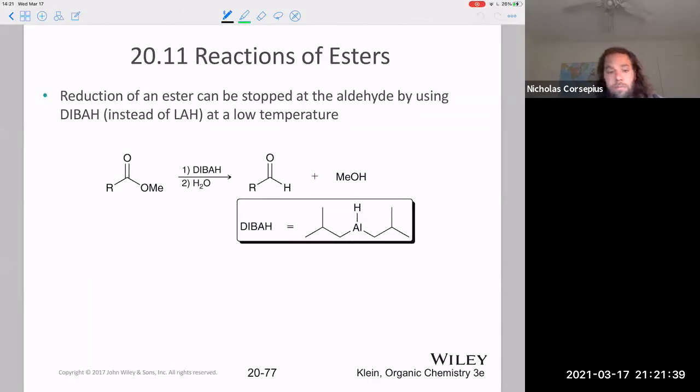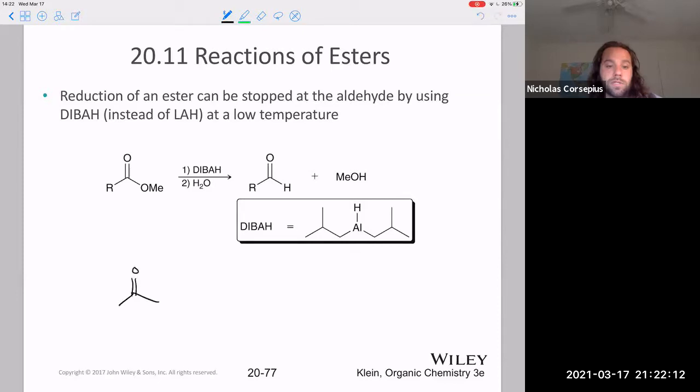We do have a method. So we used lithium aluminum hydride to reduce an ester all the way to a primary alcohol. Well, what if we wanted to stop at that aldehyde step? For this, we would use this sort of special reagent, DIBAL, which only has one hydrogen that can be donated. So one nucleophilic hydrogen. It's very similar to lithium aluminum hydride, but has those big bulky groups. So it will